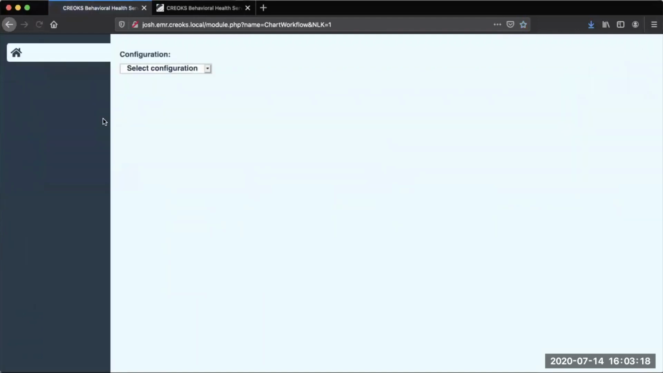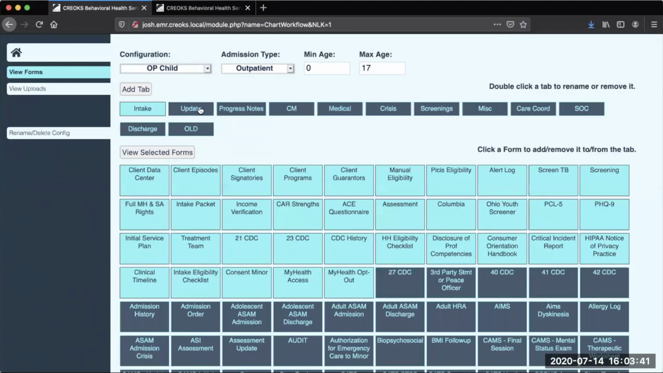So we'll open this module, and the first thing that you'll see is that you can select configurations. In this drop-down, you'll see all of the existing configurations that are currently set up for your agency. You'll see that we have several different types here. As you noticed when we were in Bart's chart earlier, it automatically defaulted to the outpatient child configuration. And this is where we were talking about the hierarchy. This specific workflow is first looking at the admission type. So if the client is outpatient, then it's going to find that specific one and then look at the